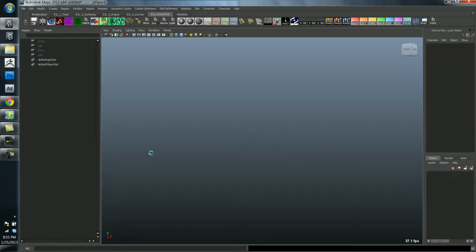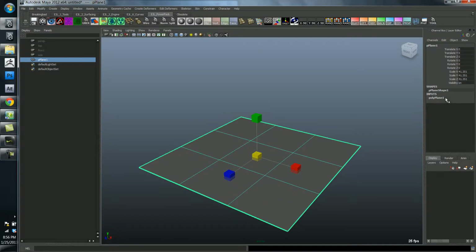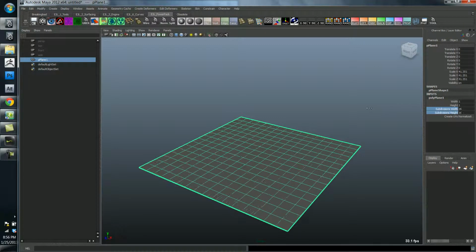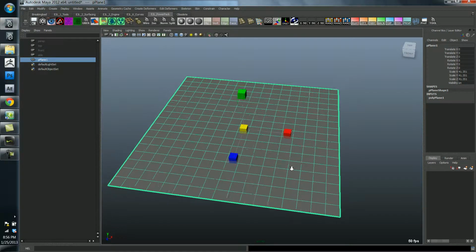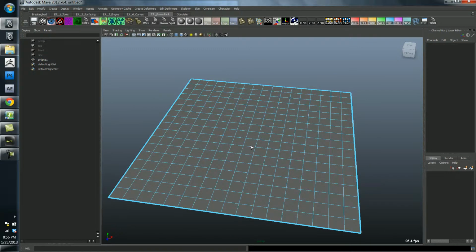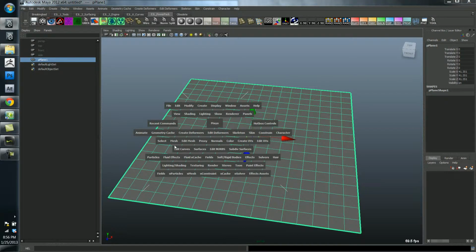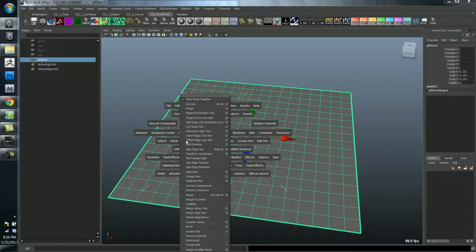Okay. And the last thing I want to talk about, it's going to require a long explanation because it ties into a fundamental aspect of modeling, and that is the split polygon tool. So we had before the split edge loop tool. You've already seen this, where we can just go here and happily click on these edges and add a whole row of edges and vertices. But what if we want to do something more custom? Well, we can go to Edit Mesh and Split Polygon tool,